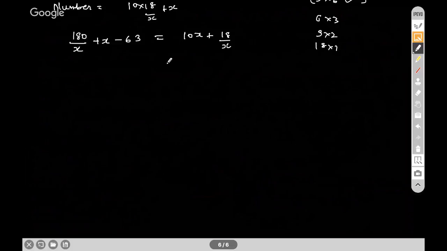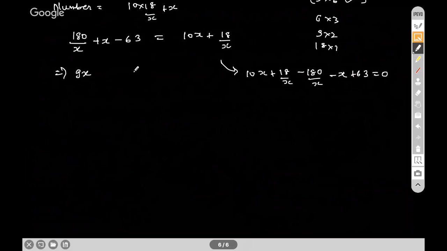So let us now solve it by collating all the x terms together. So if you see, this is nothing but 180 by x. Let's take everything on the right hand side. This means that 10x minus x is 9x. So this x will go on to the right hand side. If you are not comfortable with that, then please write the full step. The full step will be 10x plus 18 by x, and then this becomes minus 180 by x. This becomes minus x, and plus 63 equals 0. But directly also you can